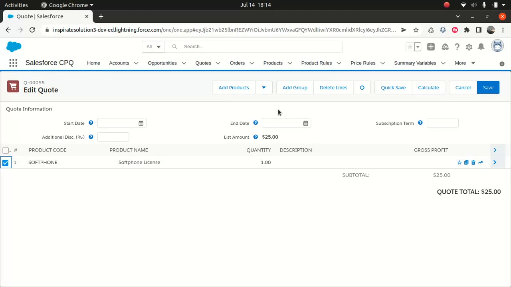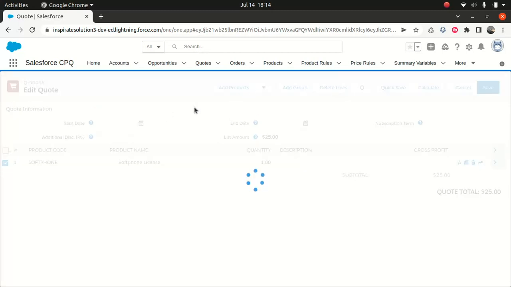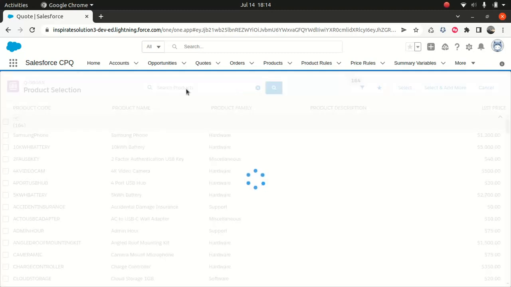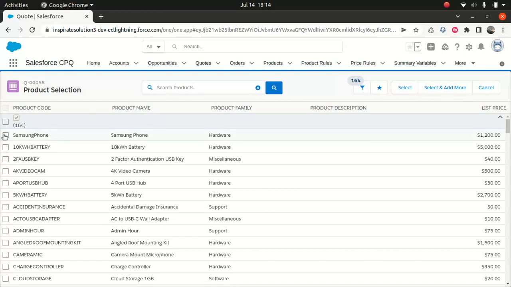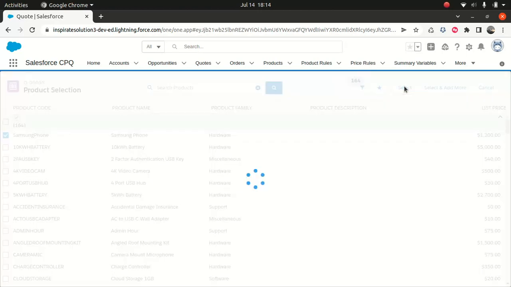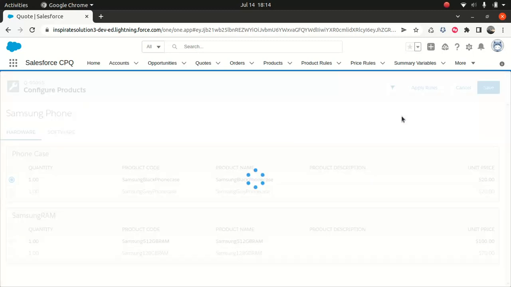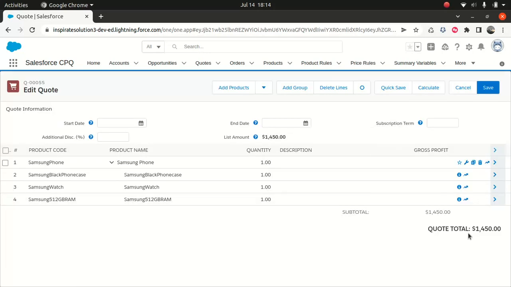So if I go here and delete the lines, and if I add product, and if you go to Samsung phone, I just select yes. Okay, so you got 1450 because 1200 is the price of the phone, and